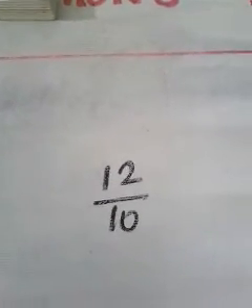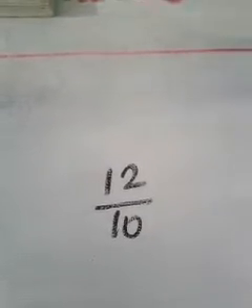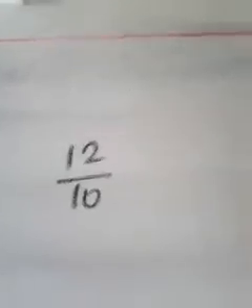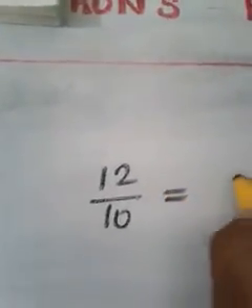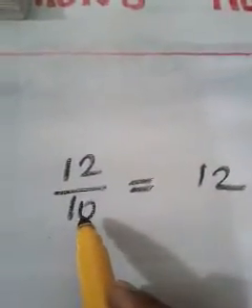Before discussing the next question, let me introduce another thing. You may be aware of this. Anyway, just listen. What is the result of 12 by 10? There exists an easy method to divide a number by 10. In order to divide a number by 10, there exists an easy method. How? Just write 12 as it is. Just write the numerator as it is. Then how many zeros are involved?